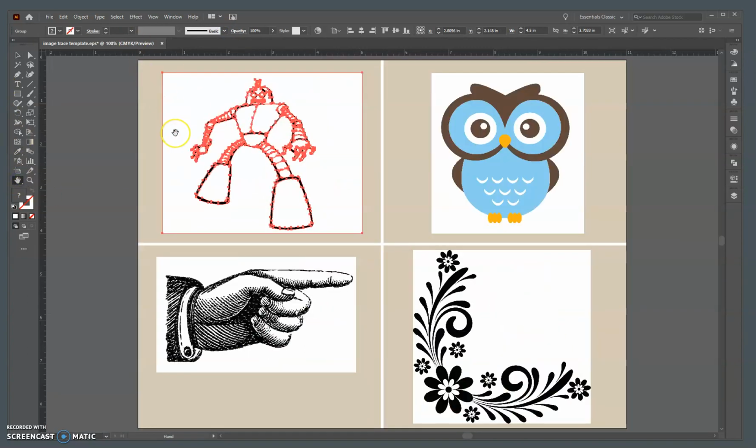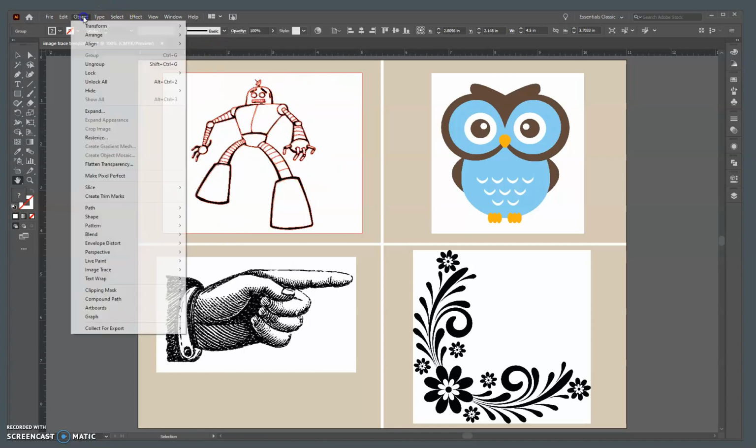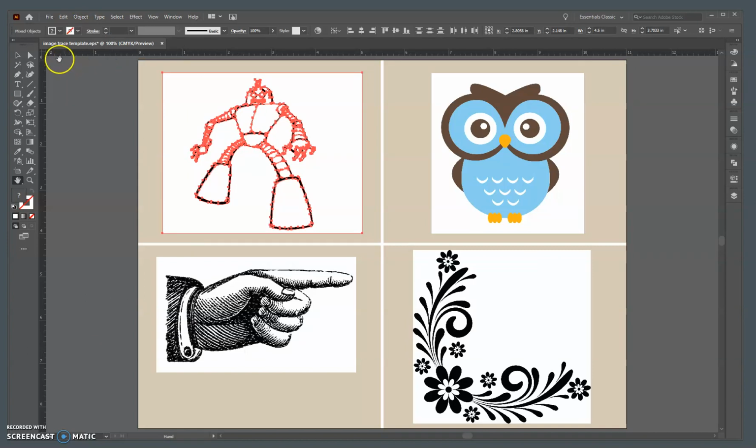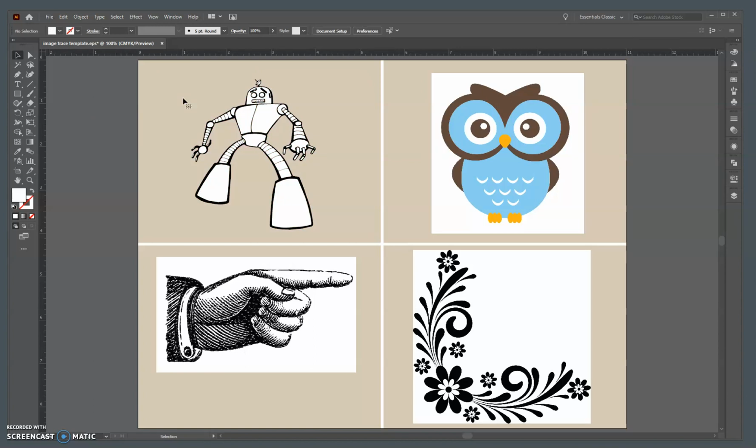Now, we're going to add some color to this, so all of these shapes need to be individual. So we're going to go up to Object, Ungroup, Shift Control G, and that's going to make them all into individual shapes. Now they're all selected, so you've got to select off of it. Then you can click back on, and first thing you're going to just click in the background